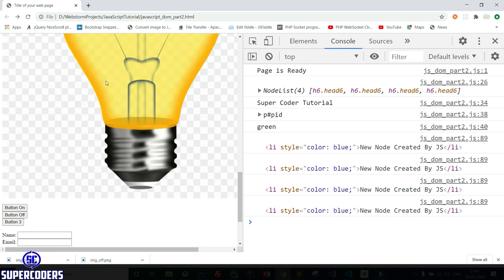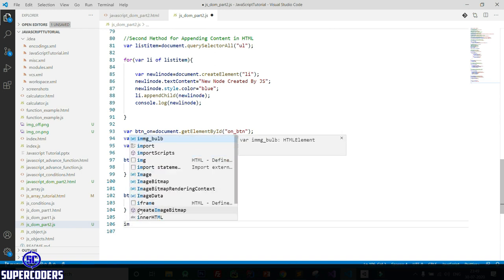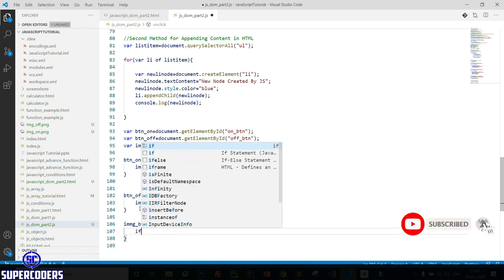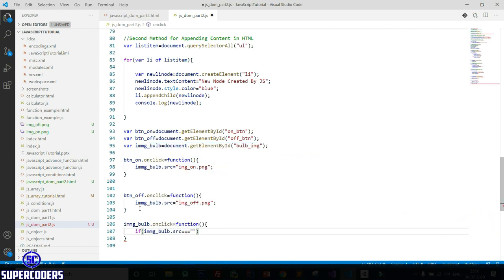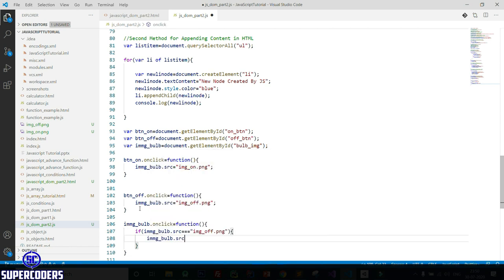Also you can add an event listener here. So let's see, if you want to add image dot onclick equal to function, then if image src equal to image off dot png, then change it to imgBulb src equal to image on dot png.